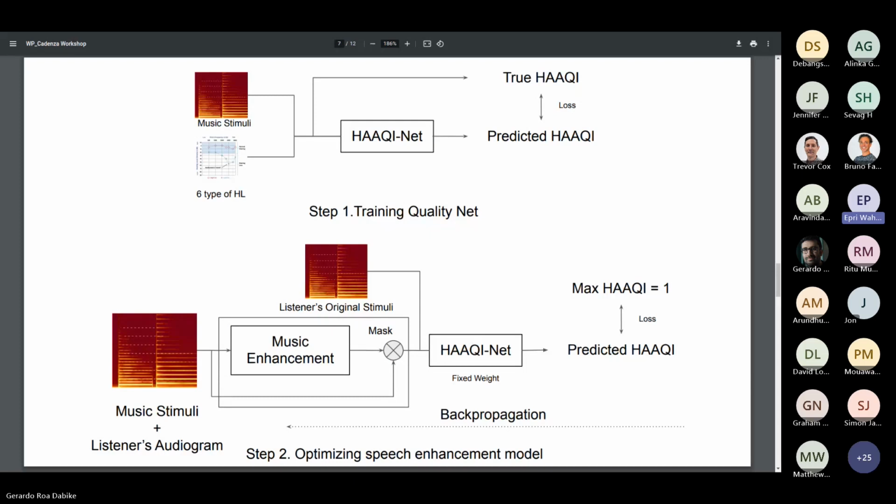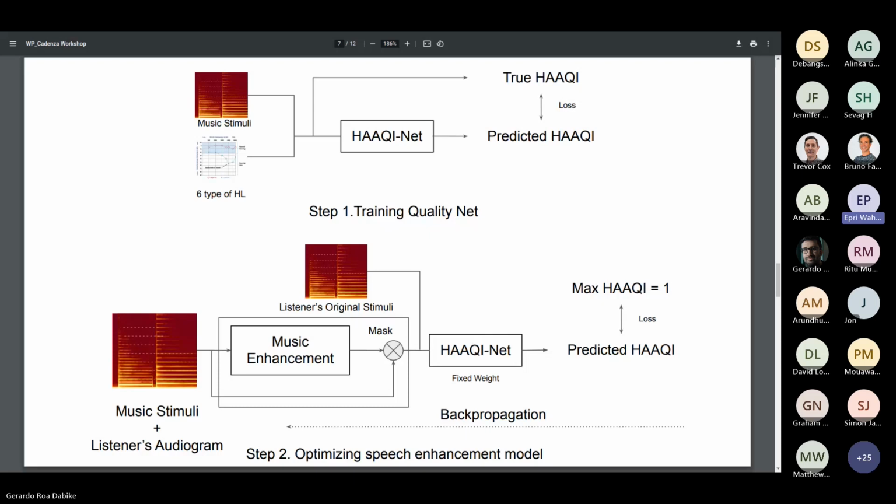So we have two steps here. First, for your information, when we tried getting the HAAQI score, we had a problem getting the score quickly, because last time it took about 5 or 6 days to get the whole score for evaluation. So we came up with the idea, okay, let's use a deep learning model to predict the score of the given music.